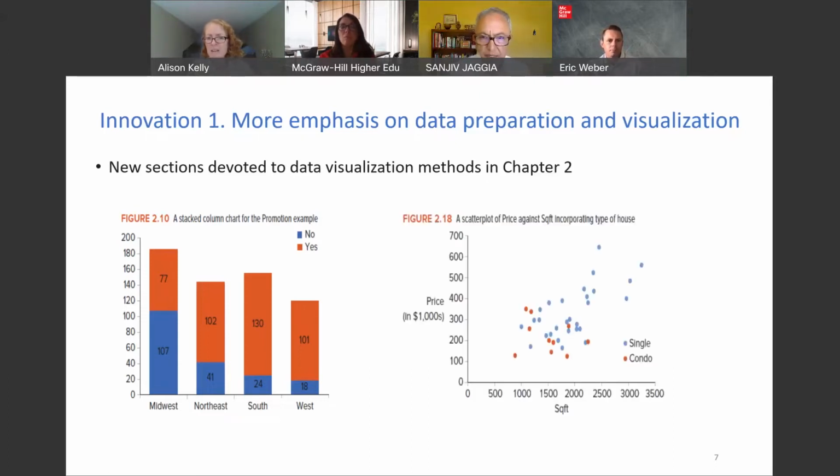In the same vein here, most of us show a scatter plot. And here I show price against square footage for houses. But we might want to know, okay, what kind of relationship do we see? Is it any different if I look at a single family dwelling versus a condominium, right? So we've just added a little bit more to what we typically see in a traditional statistics textbook.